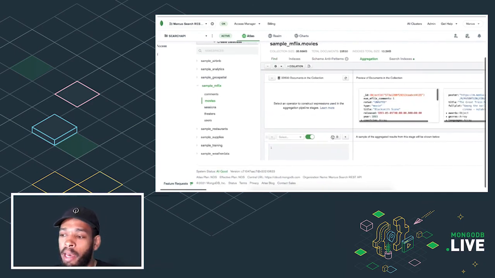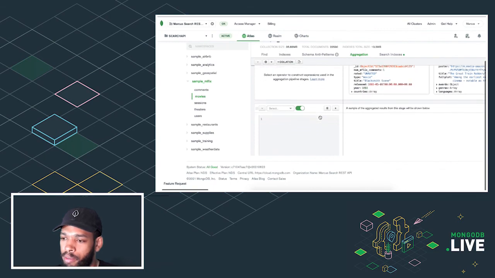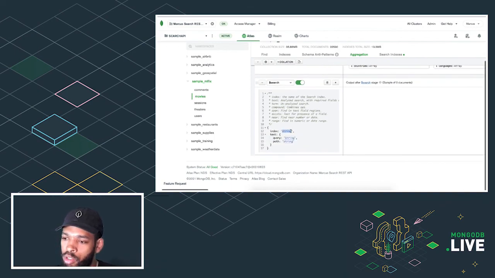This is the same aggregation builder in Compass. I'm going to type in search. I'm going to drop in this autocomplete movies index. Now, pay attention to when I add the autocomplete operator.